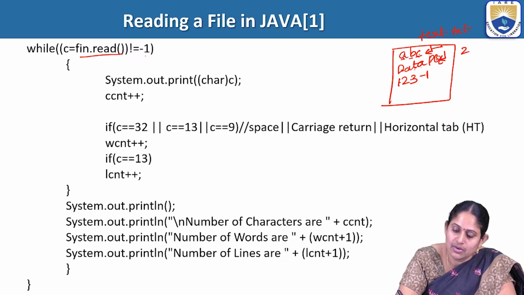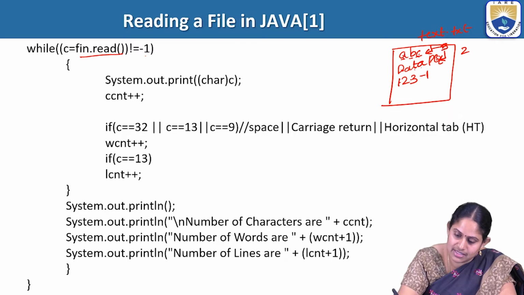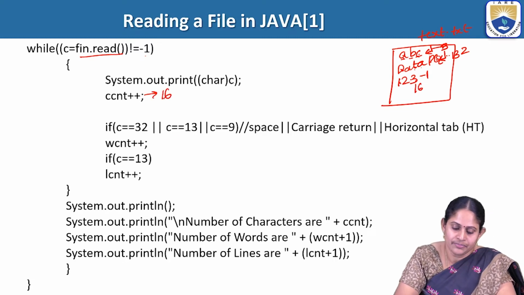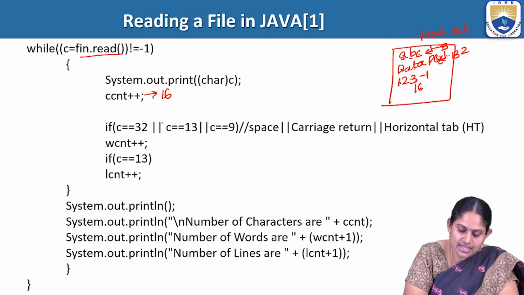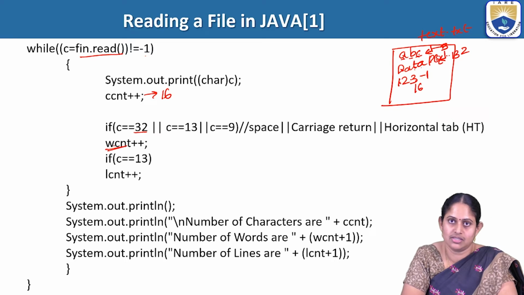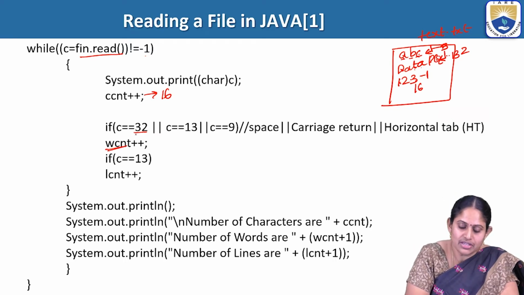So we get 1, 2, 3, 4, 5 characters here. 6, 7, 8, 9, 10, 11, 12, 13, 14, 15, 16. So we get a total of 16 characters. Now, for each character, to count the number of words, we are checking whether